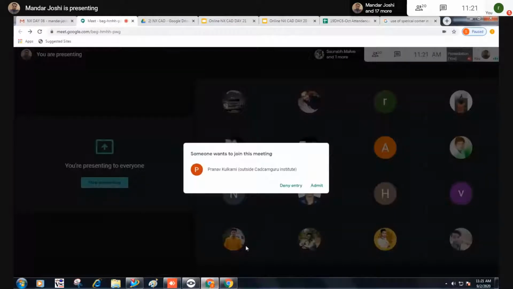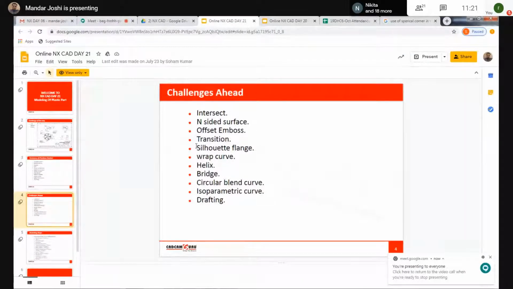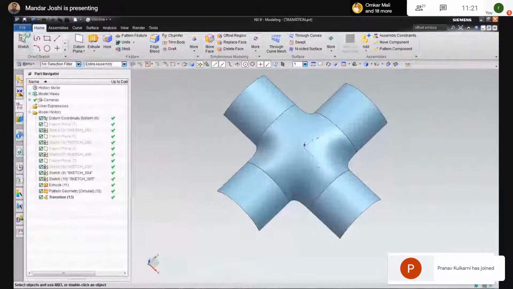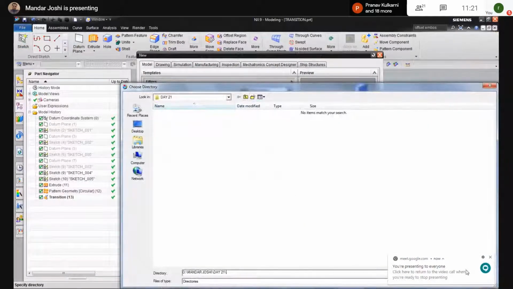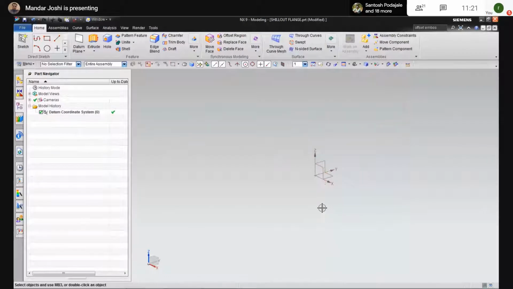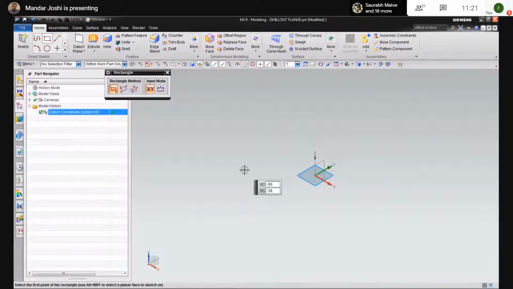Next command is chill out flange. Suppose we have built one surface on the top plane.